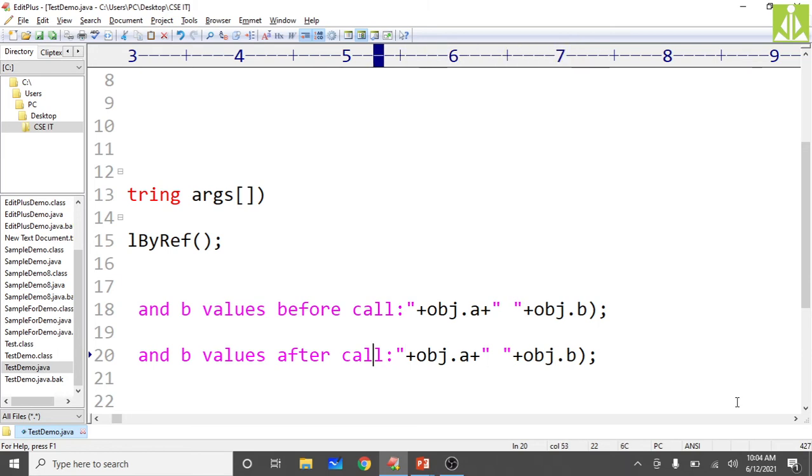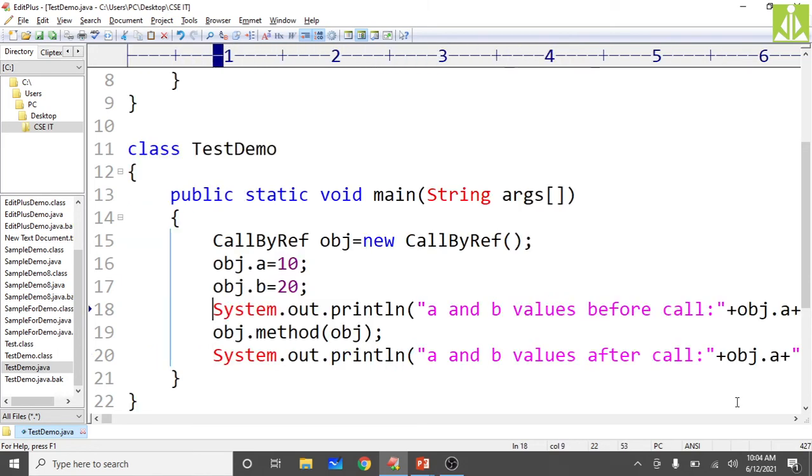Over here I have created an object obj, and when you create this object it is going to have two data members, A and B, and also a method. I'm initializing the A value with 10 and the B value with 20 inside the actual object obj.